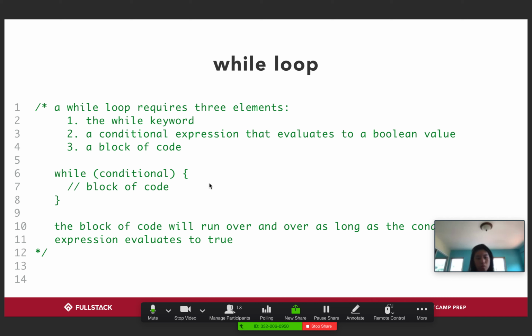Okay, an expression essentially is just a snippet of code that we have to solve. And essentially, what the second aspect is saying is a conditional expression, so something that we solve that evaluates to a Boolean value. Basically, that means the outcome evaluates to either a true or a false value. Okay, and we'll talk about why that's really important on the next slide. For this one, just notice,